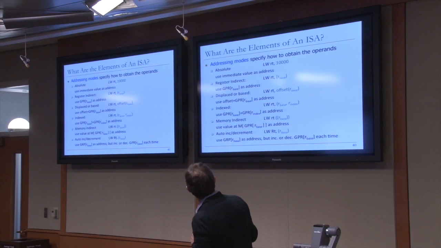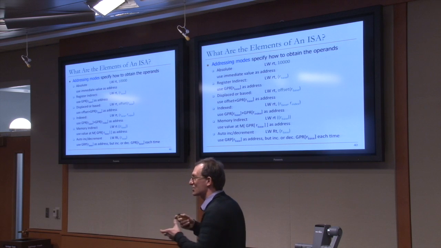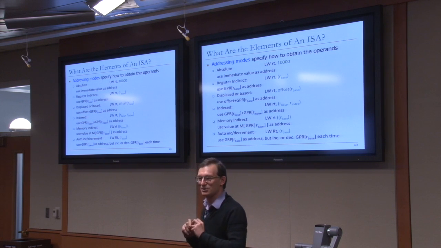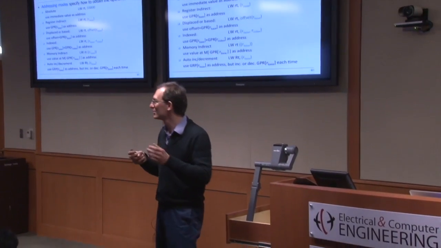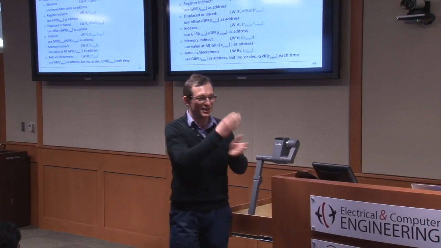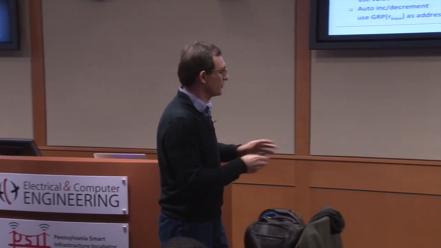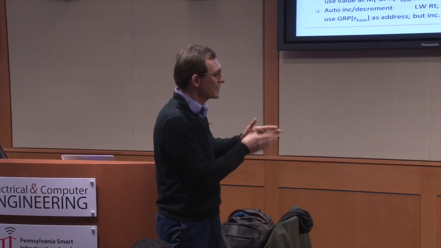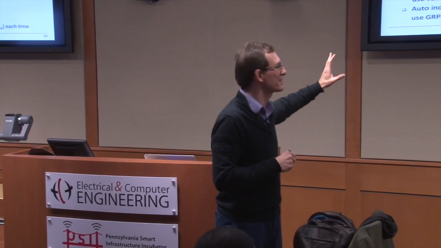Auto increment decrement, basically you use the register as the address, but after you do the access, you increment or decrement the register. It's called auto increment or auto decrement addressing. Can you guess why this could be useful? Yeah, if you're traversing an array, for example, if you're loading one location and then the next location you're going to load is the next address in the array, the load instruction automatically increments the general purpose register that's used as the index into